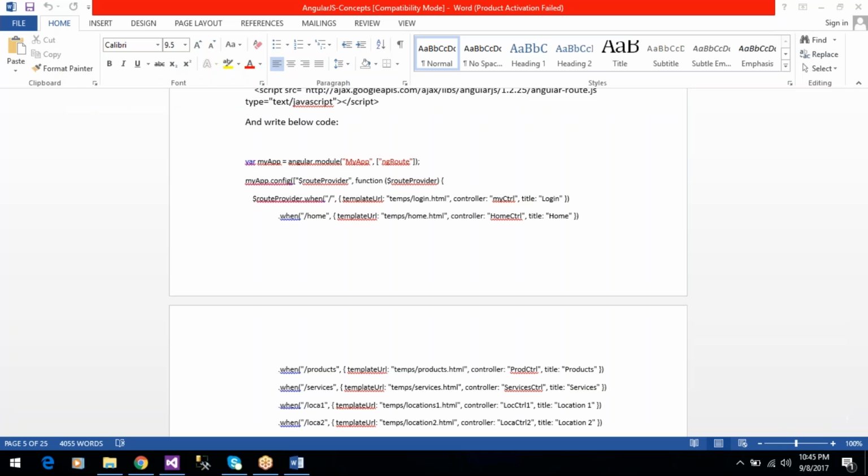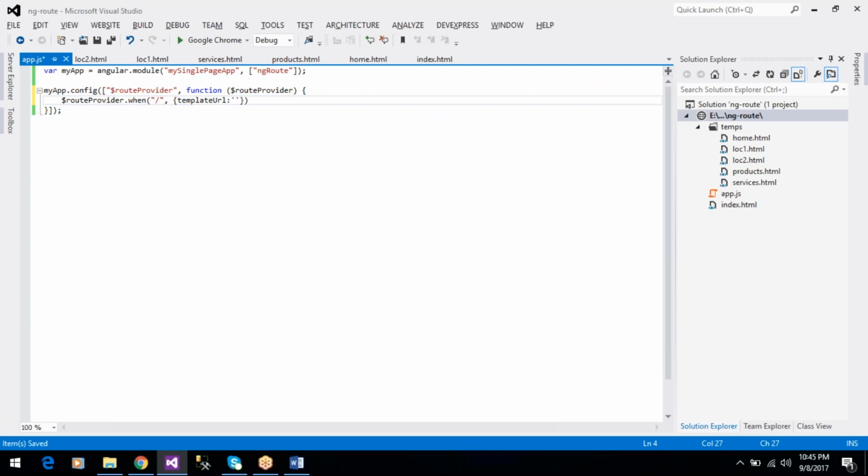So this is for home. Home template is there in temps folder, home.html, temps slash home.html, comma, controller, home controller, and page title is home, and again